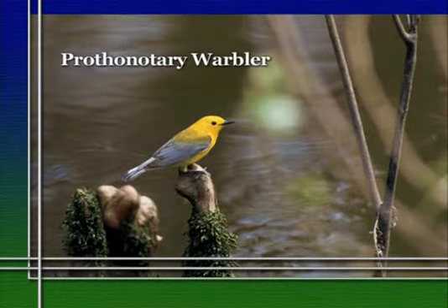Now, let me give you a little background about bird nesting in general before we talk about this example. Normally, you would expect the eggs that you find in a bird's nest to be laid by the female that actually built that nest, right? But it turns out that in some cases, there are some species that we call brood parasites, where the females don't actually build their own nest. What they do is they find the nests of other species and they lay their eggs in those nests. That's why they're called brood parasites. They parasitize the broods of other species.